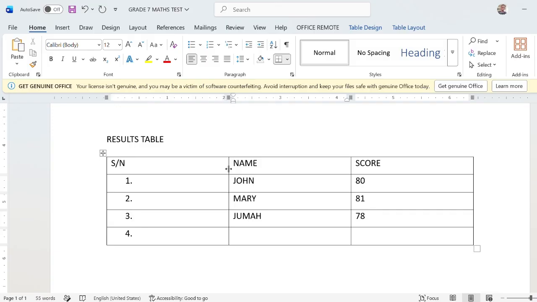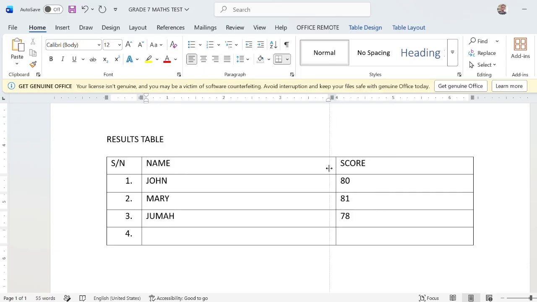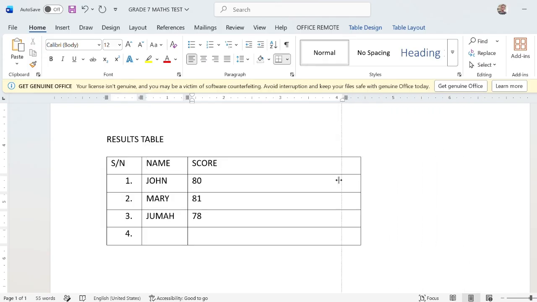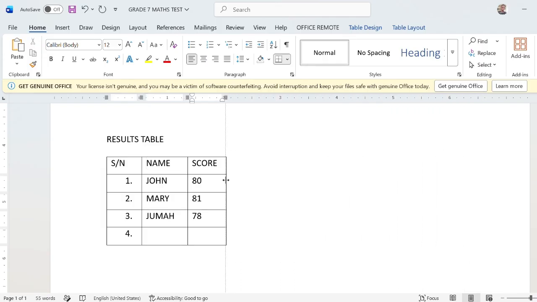That is how we resize the table. You press the cursor, hold that line, and then drag it while holding down your left click. Yes, you hold down your left click button, then you drag up to the desired